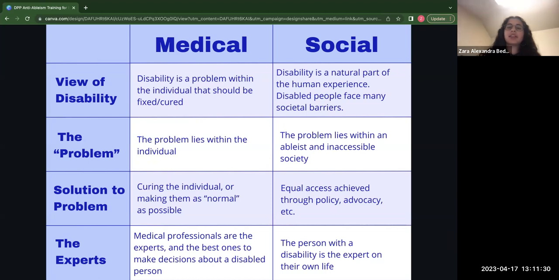It is the responsibility of the society to ensure that it is equally accommodating of all people, regardless of disability status, race, gender, or any other aspect of identity. The solution to ableism and access issues is not to fix a disability within an individual, but instead to change the society and built environment that is supposed to be open to them, but is not.